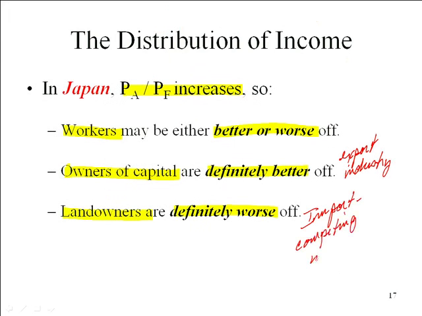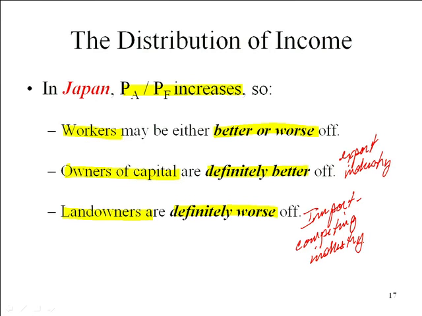I'm sorry? Right, so the question was, can I explain why we call this the competing industry as opposed to just the import industry? Remember, there's domestic factors of production that are being used to produce food in Japan. Right? We're importing food from the United States, but we're also producing food in Japan. There are workers still working in the food industry. There's also landowners still being used in the food industry. But because we're producing less food, there's less demand for those factors of production. And that's why this industry is competing with those U.S. imports of food, and it's that additional competition that's driving down their returns.